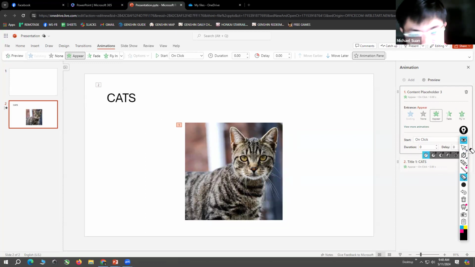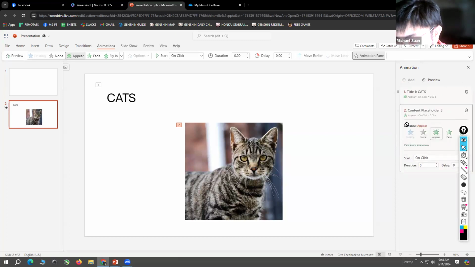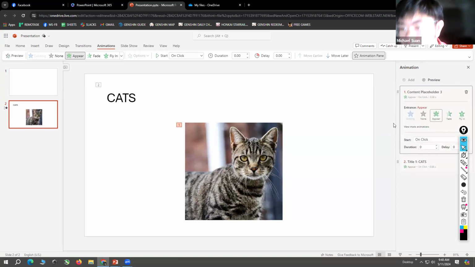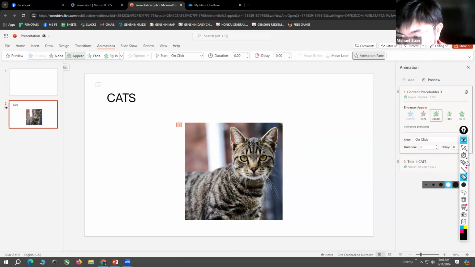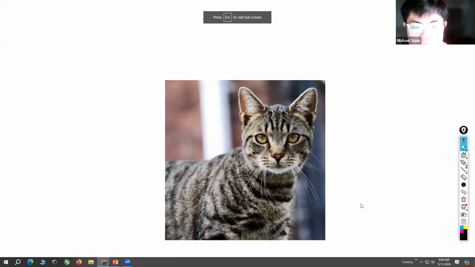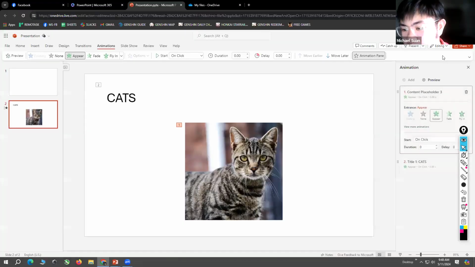All you have to do is click on this one, hold and drag, like that. So again, number 1 is now the cat image, and then 2 is the word cat. So if you present this, the image appears first and then the word is next. So that is how you change the sequence.